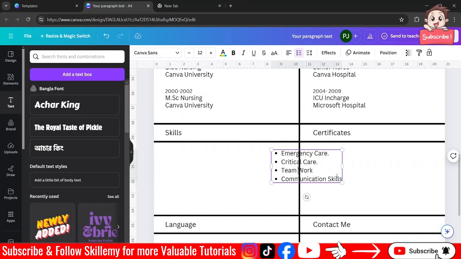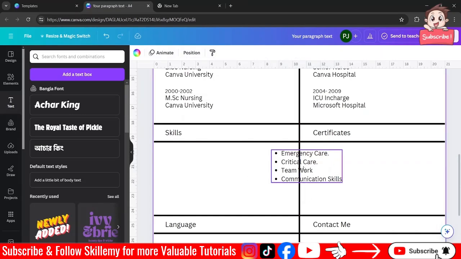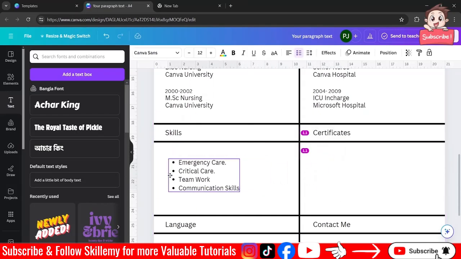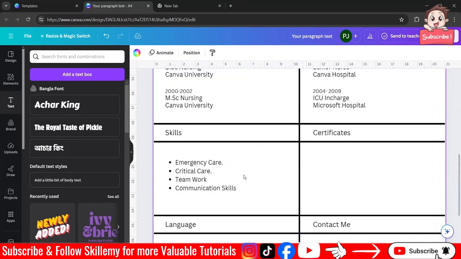So these four we are going to put over here. Now let's drag this over here, align this properly, done.